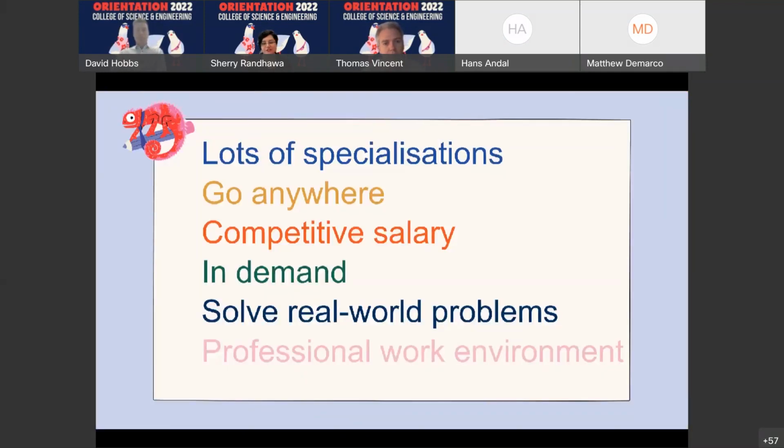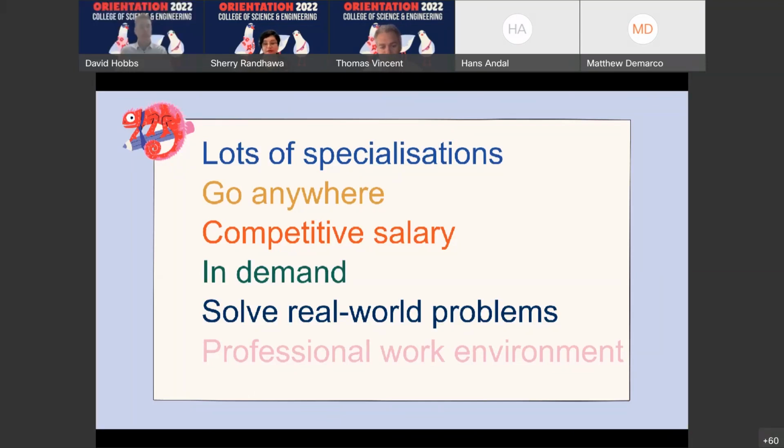Lots of specializations in engineering. You can go in different areas. You can go to biomedical, civil, electrical, electronic, mechanical, you name it. It's so wide. You can go anywhere with your degree. Your degree at Flinders University is recognized around the world. So you can take your degree and go everywhere around the world. You've got a good salary, okay? I have two brothers who work as engineers in the real world. I call academia not so real, but they work in the real world outside and they earn a lot of money. So just bear that in mind.